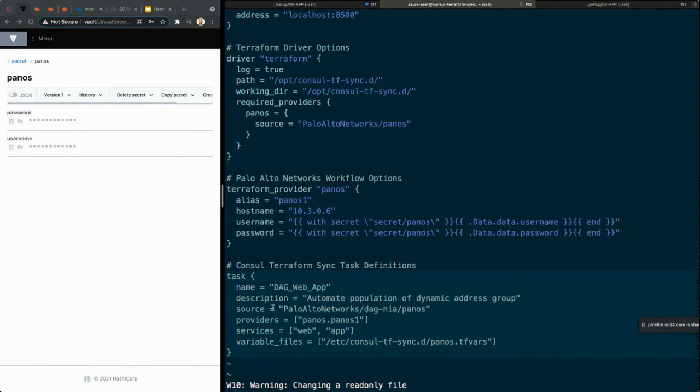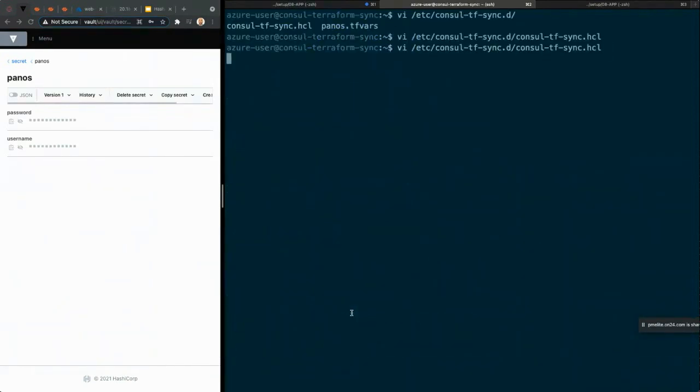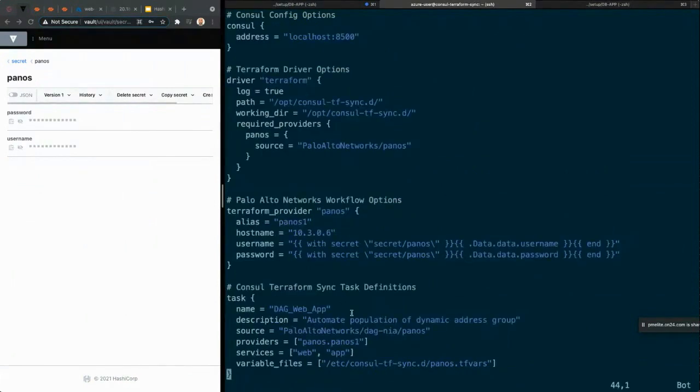The NIA module is just another Terraform module expecting a special parameter called services. We'll post some links towards the end of this webinar, so go and check it out. Very straightforward modules with the addition of the services variable.